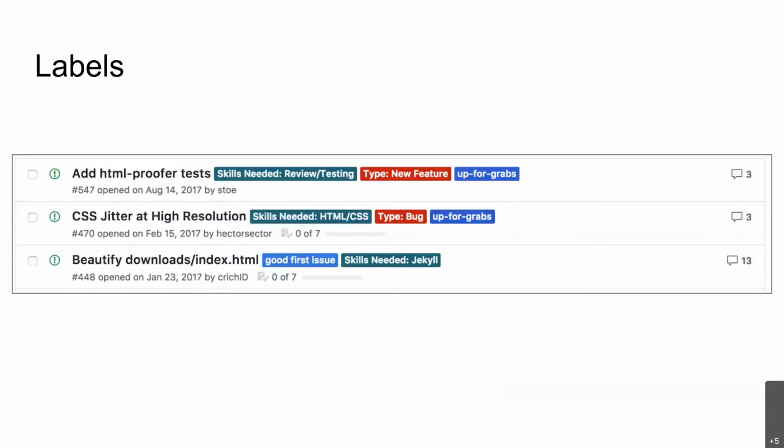And these labels then get applied to these issues. So if you see here as an example, add an HTML proof or test. Right? So this is a work stream, and then you can actually put labels. By putting a label like skills needed review or testing, you're actually inviting somebody from the community who has skills in review and testing to contribute to this work item.